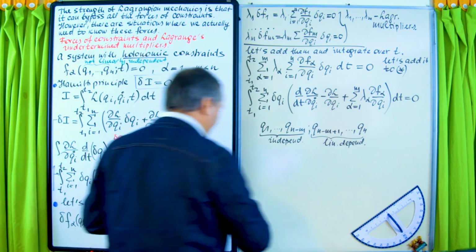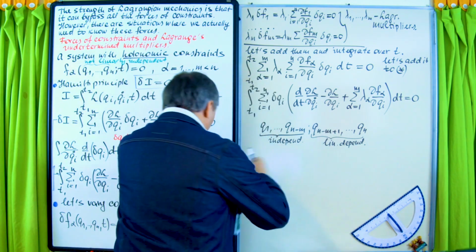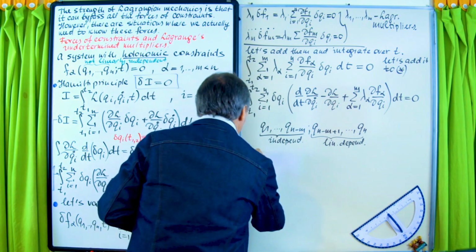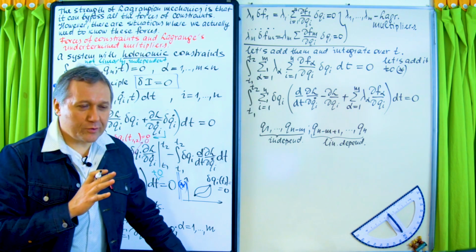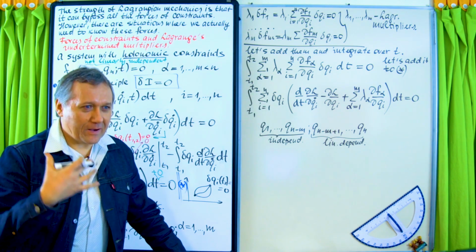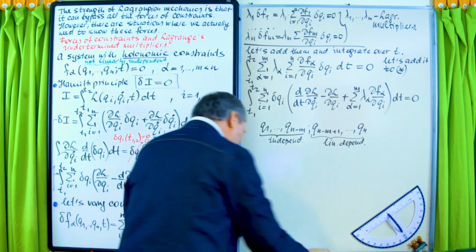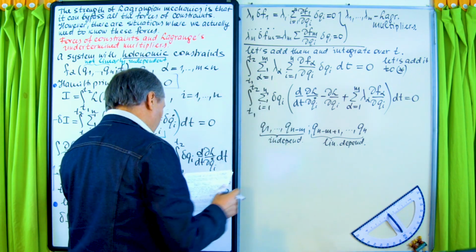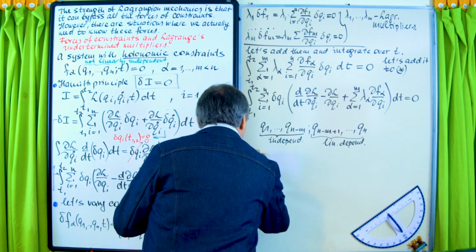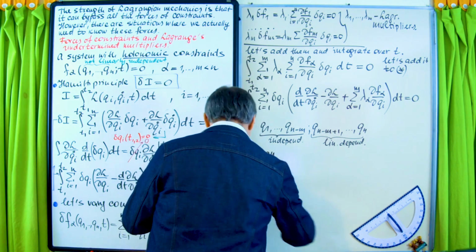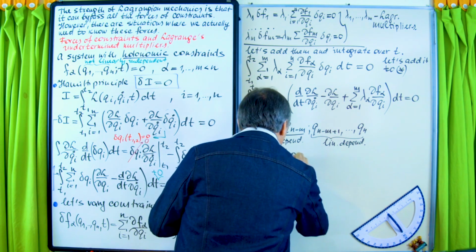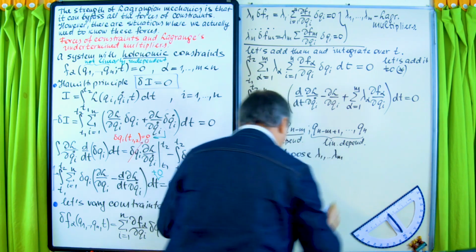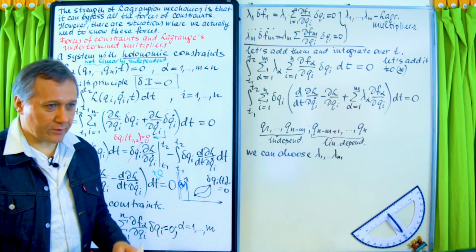So, as a result, let me. What's the time? Okay, we still have plenty. All right. Okay, I'm not going to try to write something. Or maybe I will. You know what I will do? Okay. So we can choose lambdas so that the coefficients